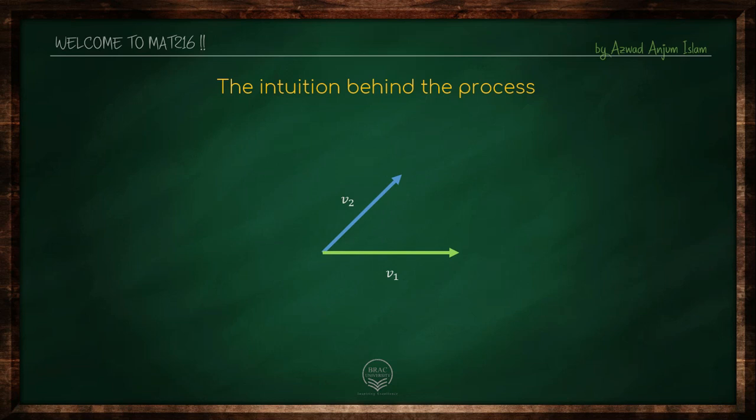So let's start. What you can see on the screen right now is two vectors, and these two vectors create a basis for the two-dimensional space R2. But as you can see, the angle between them is not 90 degrees, and judging by the length, you can assume that the length is not equal to 1. So we can say that this basis is not orthogonal, and if the basis is not orthogonal, it cannot be orthonormal anyway. So let's make it orthonormal.